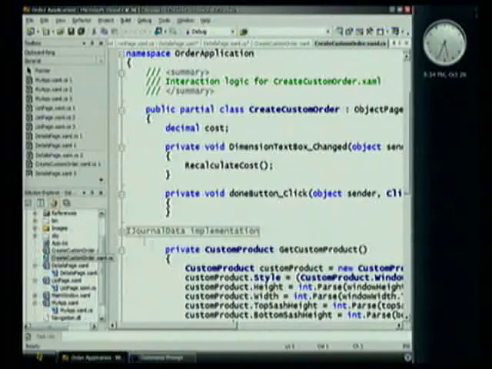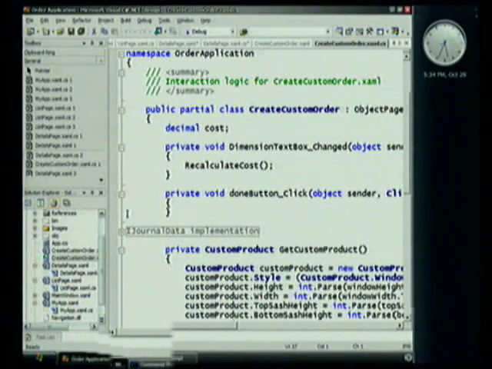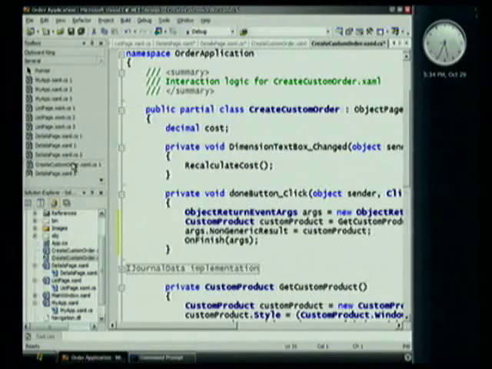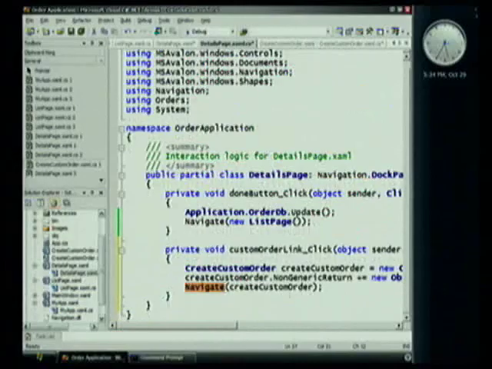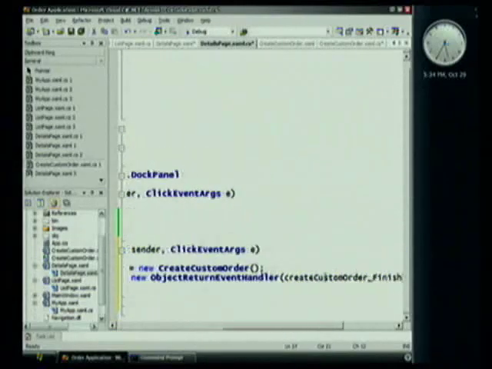In the code for the page function itself, I mentioned that there's a done button. When the user clicks that, we want to return to where they came from. We want to indicate that the page function is done. So what we'll do is package up the information about this custom sales order into an object here called custom product. On an args object, we'll indicate that that's the result of this page function. And then we'll call something called onFinish, which signals to the frame that this page function is complete. The frame will then take care of invoking the event handler here called create custom order finish